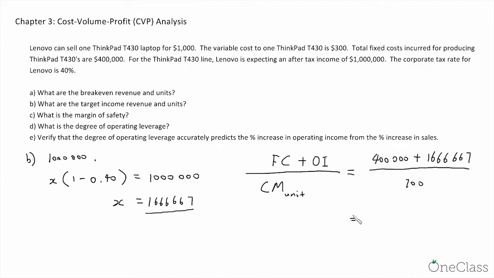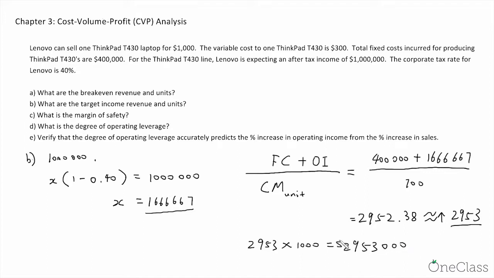This equals to 2952.38. Again, because this is real life, we have to round it up to 2953. So this is your target operating income unit. Now we have the unit. We can calculate the target operating income revenue, which is this number times 1,000, which equals 2,953,000. This is your target operating income